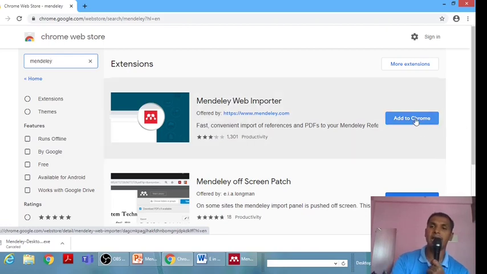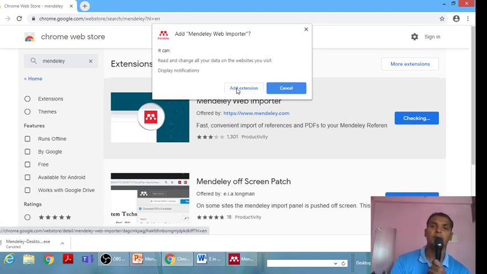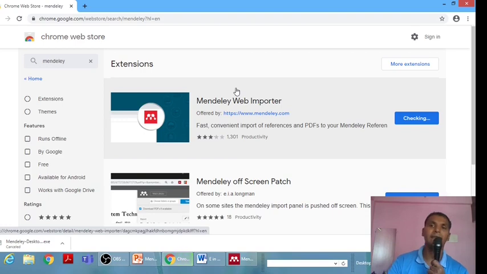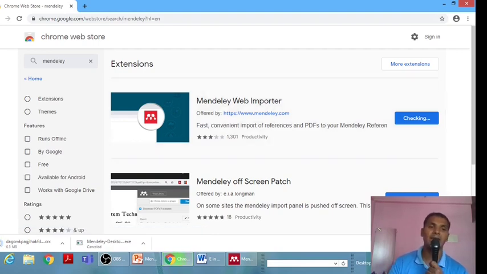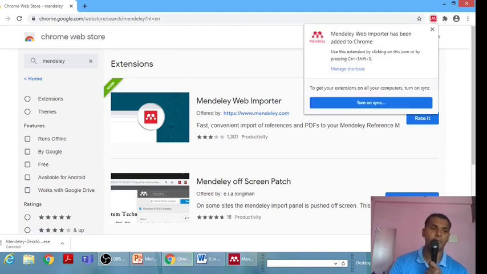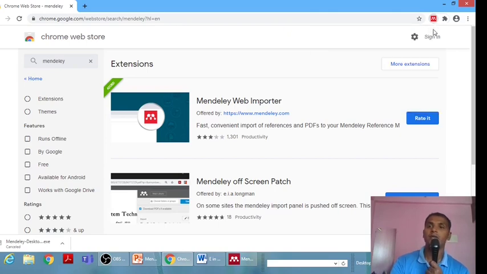So I am going to add it to my computer, into Chrome. It is again asking me to add the extension, so I click on add, and at the left corner you can see it is downloading and will automatically be added into my Chrome. Now it has already been added.